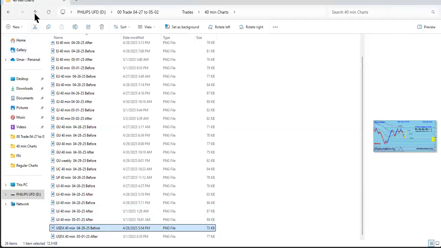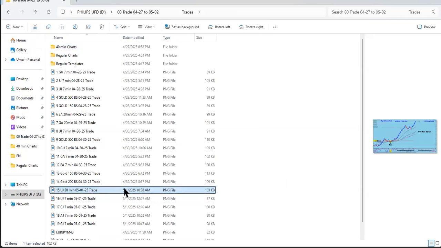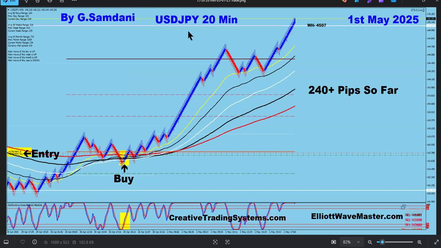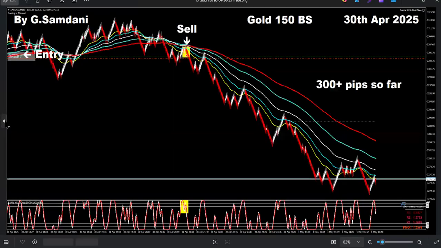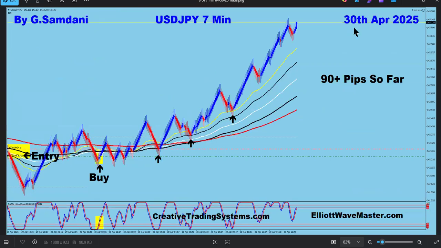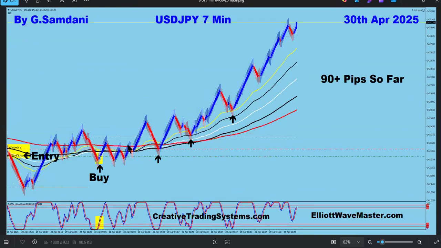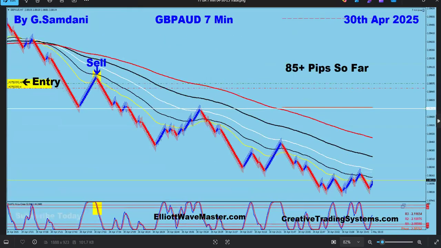Let me just show you what you can do with that. And what I did yesterday alone, right, with these yen index charts, yen pair charts, that they're all going to go up. I made you and then gave you the charts, and this is what I ended up doing. This is a 240 in USD yen, right? Beautiful entry here, and there was an entry before that even. Let me show you. Yen 7-minute, here, right? So on the 30th, it's supposed to be going to the upside. So this was the first one. Then the second one came later, 240, and then there was another one from the 7-minute chart.